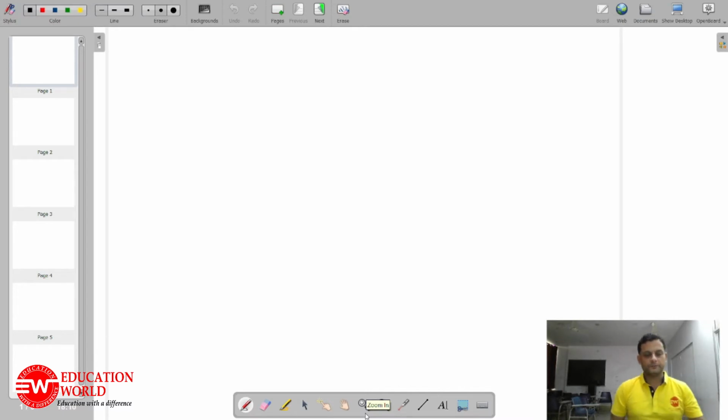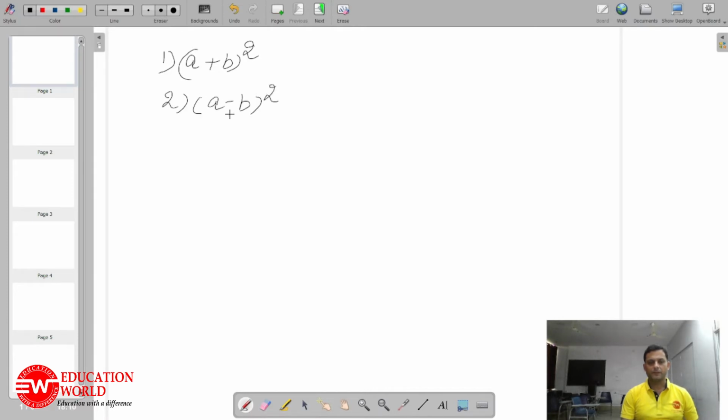And today we have discussed the formulas of 14a. So just revising that one. What we have discussed: first one, the (a plus b) whole square formula. Then we have discussed the (a minus b) whole square formula. And one more formula we have used, that is (a plus b) whole square minus (a minus b) whole square is equal to 4ab.